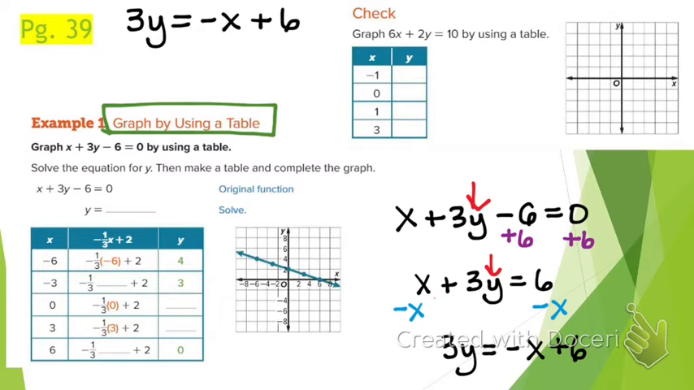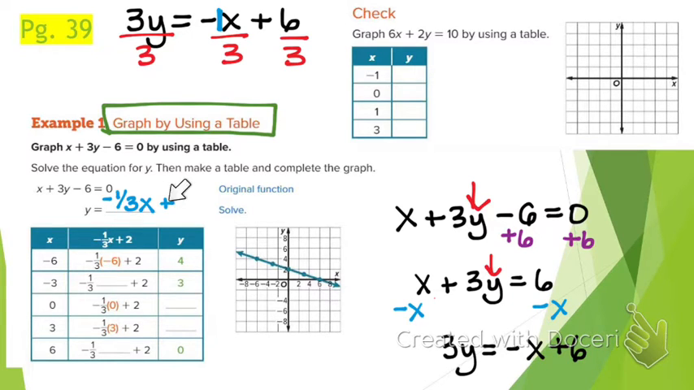And then the last step would be to divide everything by 3. Because 3 is being multiplied by y, we would have to divide it. Every single thing is divided by 3. So there's an invisible 1 right here. So they didn't really show that, but your equation for y would be y equals negative 1/3 x plus,